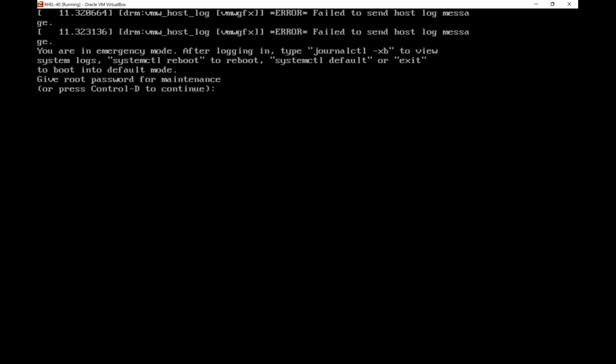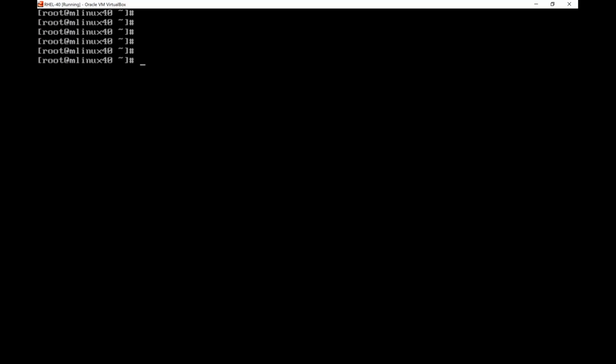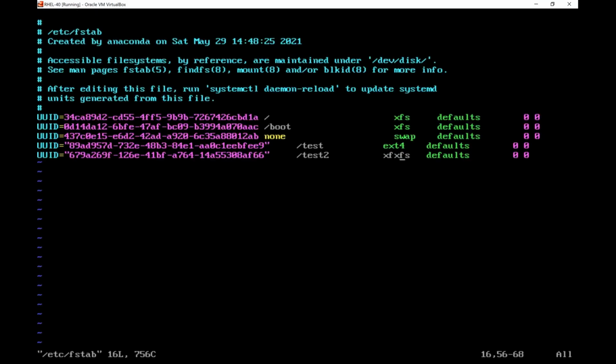When you type the root password and hit enter, you see you got access to your system midway. Now go to /etc/fstab. Most of the time during boot, when you get the emergency mode message, after logging in, the first thing, 99.9%, you will find issues with fstab entries only. Maybe there was a partition you deleted but you forgot to remove the entry from fstab, or maybe any of the entries has a wrong entry placed. See, all the entries over here are in green,